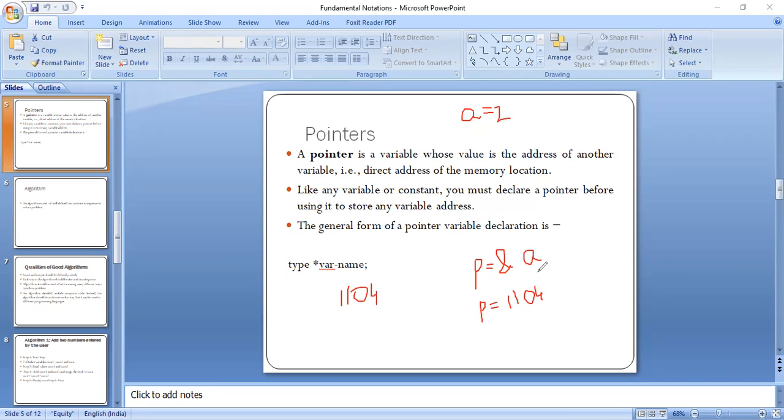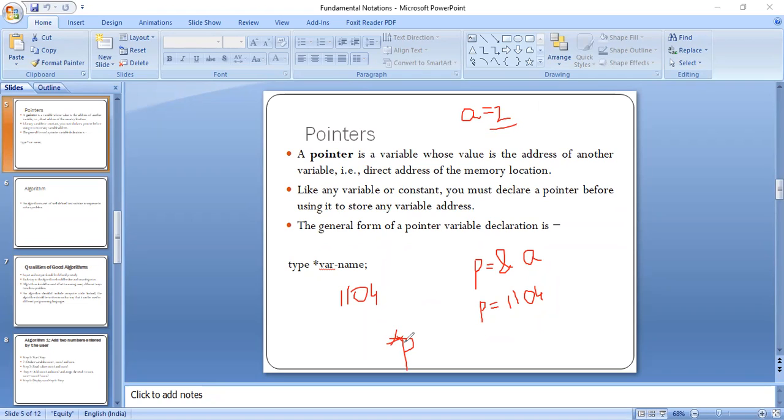And when we want to access the value of the variable by using the pointer, then we will make use of the asterisk.